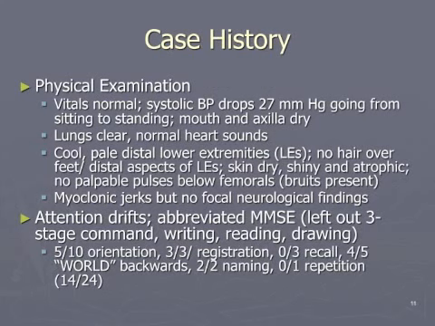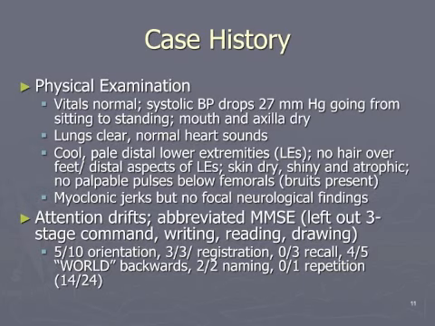Well, if we move on to physical examination, her vitals were unremarkable, except her blood pressure did drop quite a bit when she went from sitting to standing. And her mouth and axilla were dry, so you'd wonder about dehydration. Her lungs were fine, her heart sounds were fine. She did have signs of peripheral vascular disease in her lower extremities. And she did have what's called myoclonic jerking. Those are intermittent movements of the muscle where a limb will flail up, which is often seen in confused individuals suffering from delirium or advanced stages of a dementia, but nothing else.